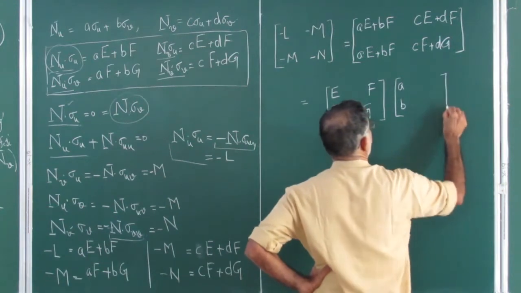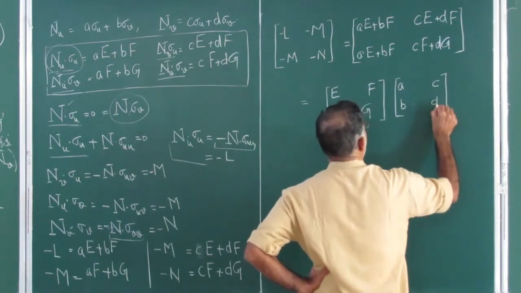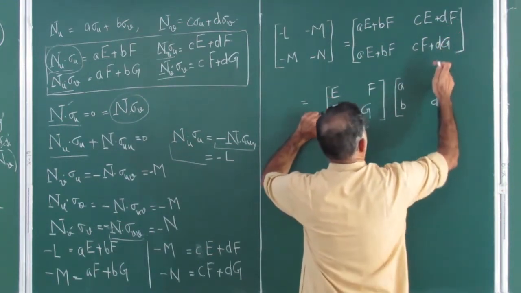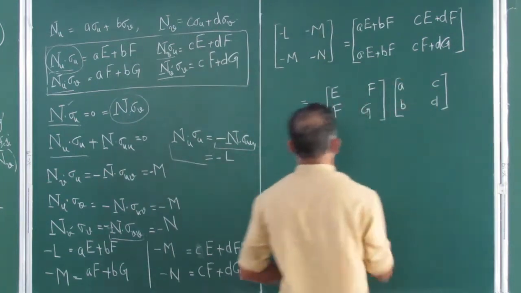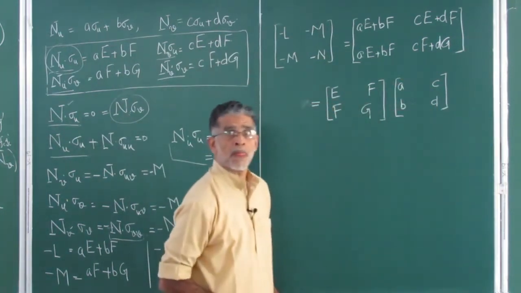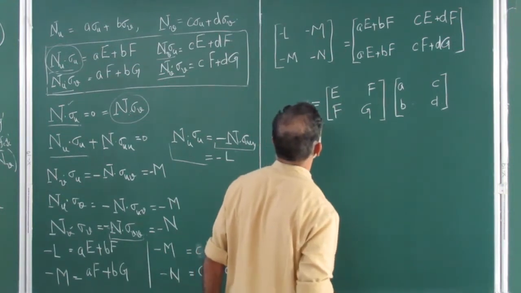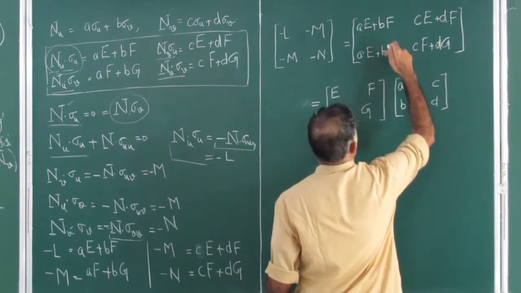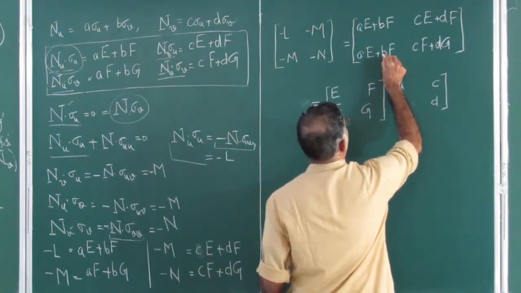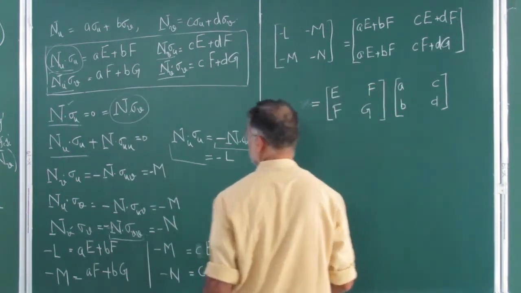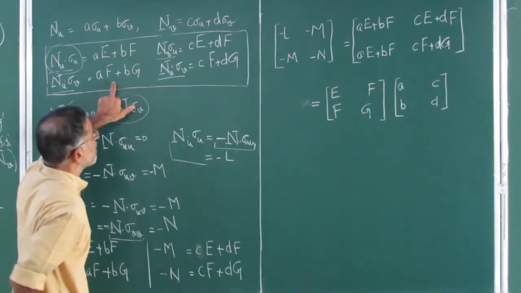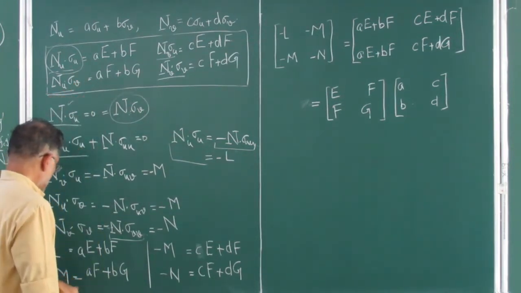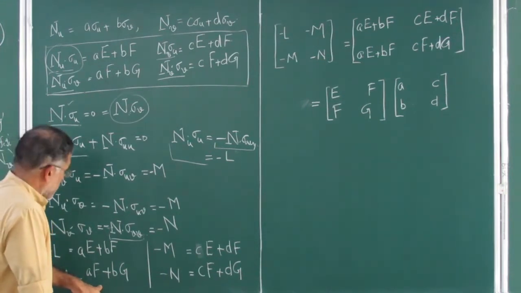And here the next one will be CD. You can see this, CD plus DF, and this one will be CF plus DG. That's correct. So on top, have you written first column, second row, that value, and from there you have taken it down? I have taken from the second equation, this one. No. Which equation did I take? I took minus m AF plus, no.